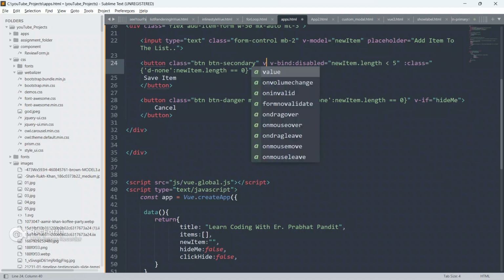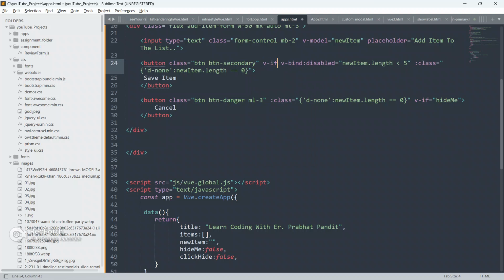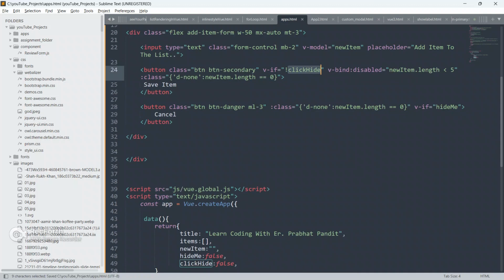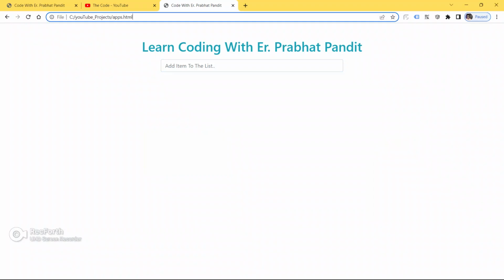So now we also have to put v-if here, and give as of now negation of click hide. As of now click hide is false, so negation of click hide becomes true. So now save your code, go to the browser and refresh your page. So now put something.